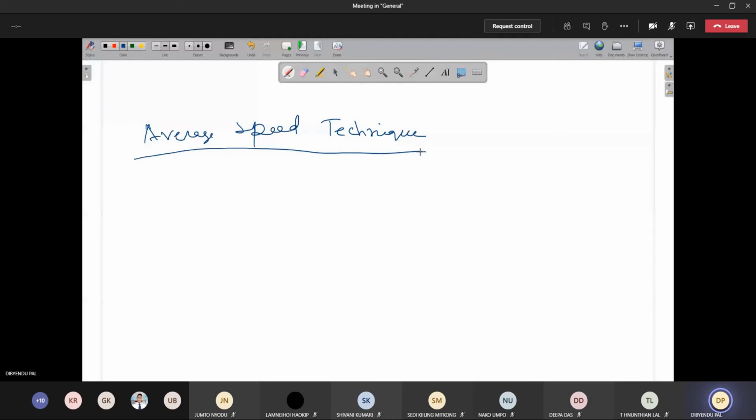See, in the earlier case, the number of vehicles which crossed the test vehicle, the same number of vehicles the test vehicle also crossed. But here we are not doing the same. Here we are giving the driver the freedom: you take your own time, maintain a standard speed, and go from one location to another. Check the travel time. So this is basically called the average speed technique. Within average, you are saying how much travel time is required. This is one type of technique.